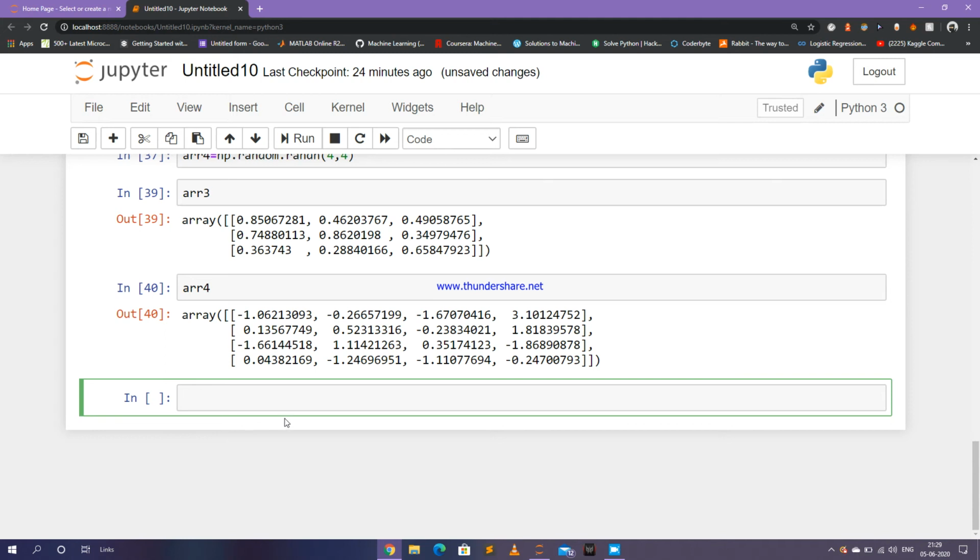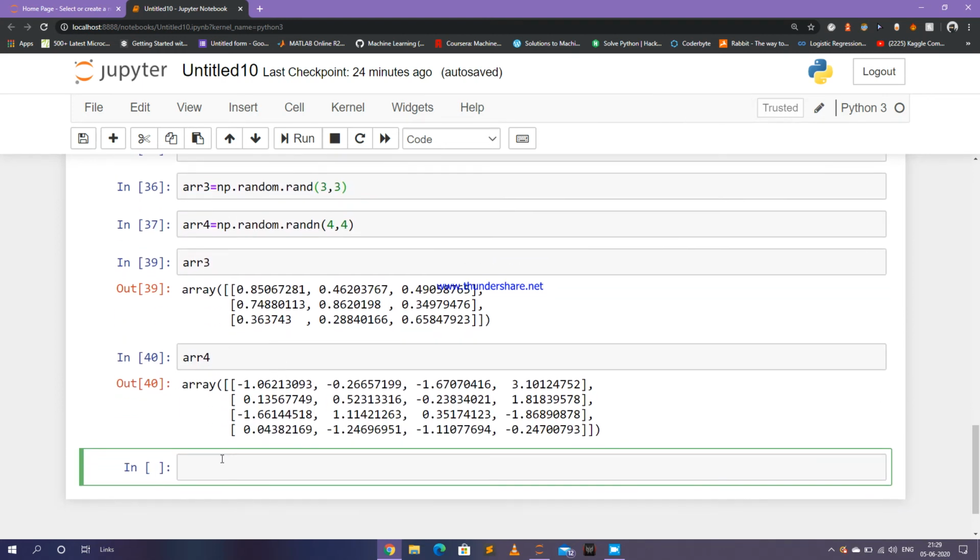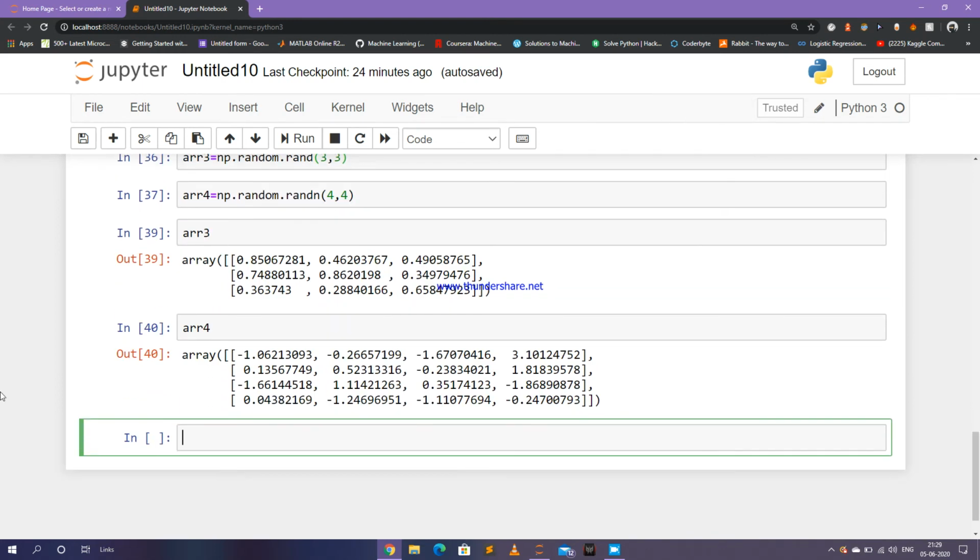Now let's say I want to plot both these arrays using Seaborn. So what basically is Seaborn? Seaborn is something like matplotlib, which means it is used for plotting arrays on graphs, but in a more convenient way. So let me import seaborn